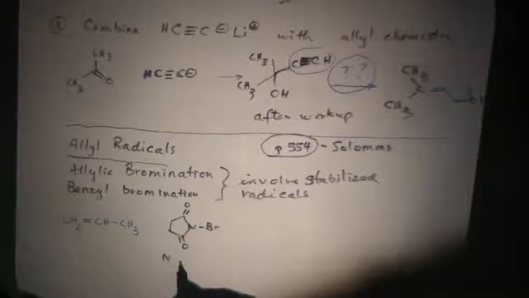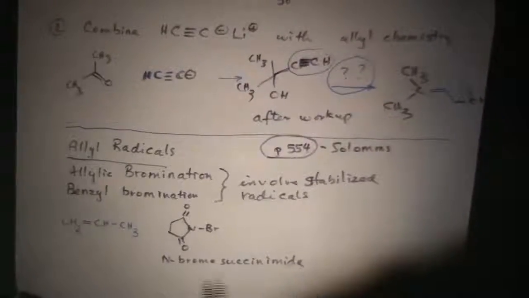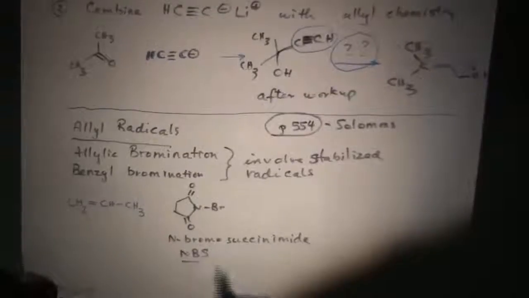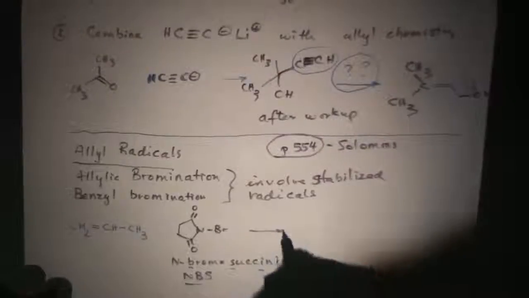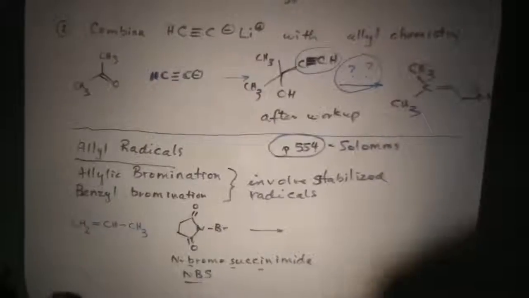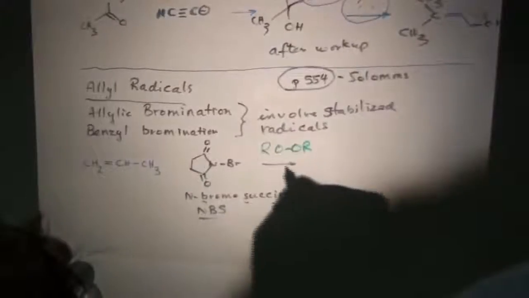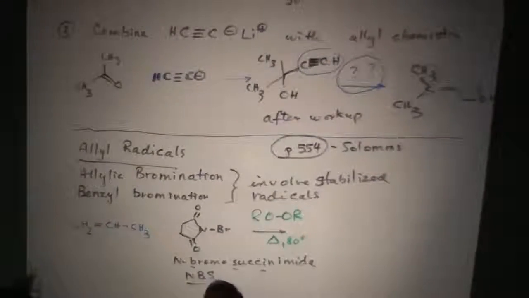The short form, this is called N-bromosuccinimide, or NBS for short. And if you do this in the presence of a peroxide, and you heat that to about 80 degrees, you get a free radical-induced bromination reaction, and the result of that reaction is